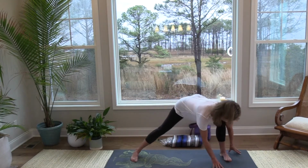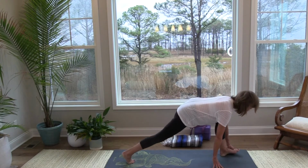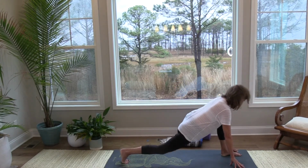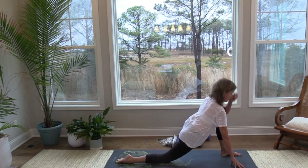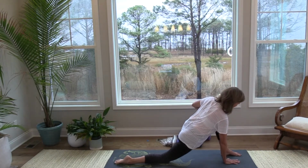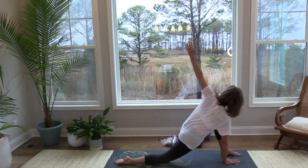Beautiful. And as we come back here to the left side, we're going to rotate so the left foot and the right foot are both facing forward. And this time we are going to lower the knee, lower the top of the right foot. And take your right hand to the inside of the left foot. And then sweep that left arm up. Take your gaze toward the left. Find your